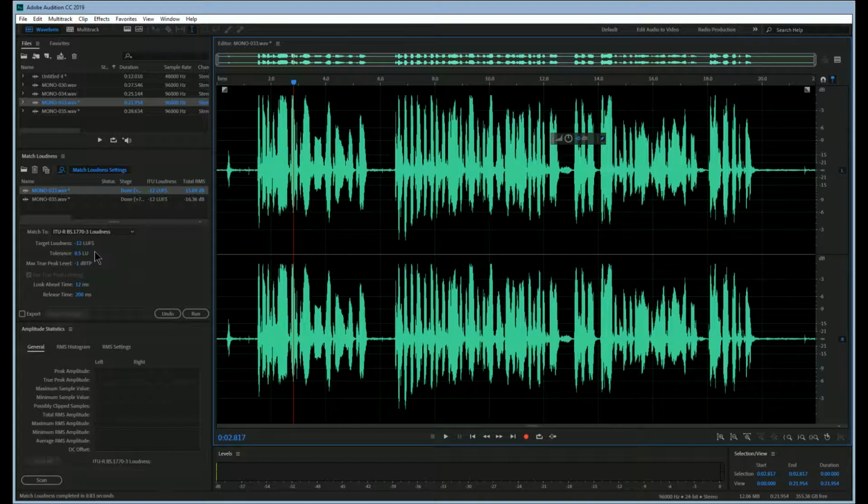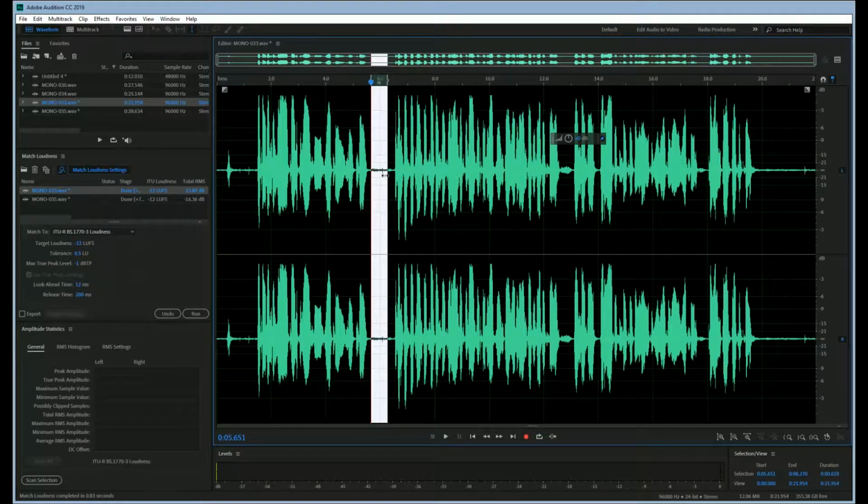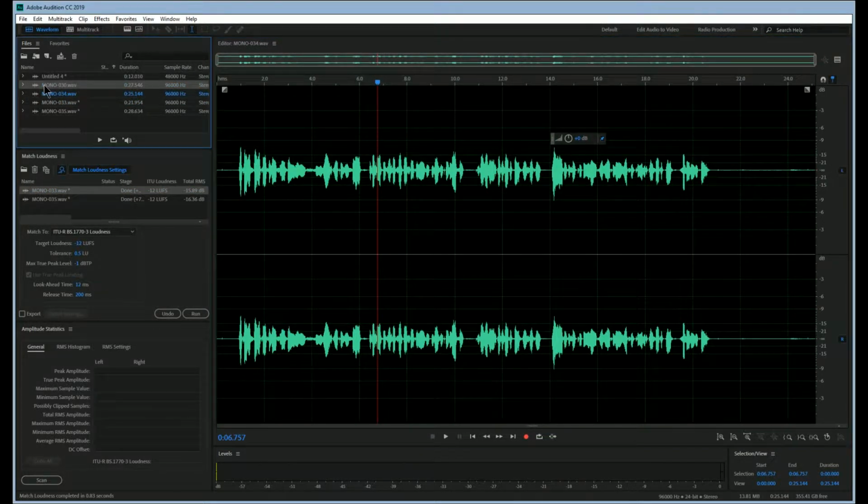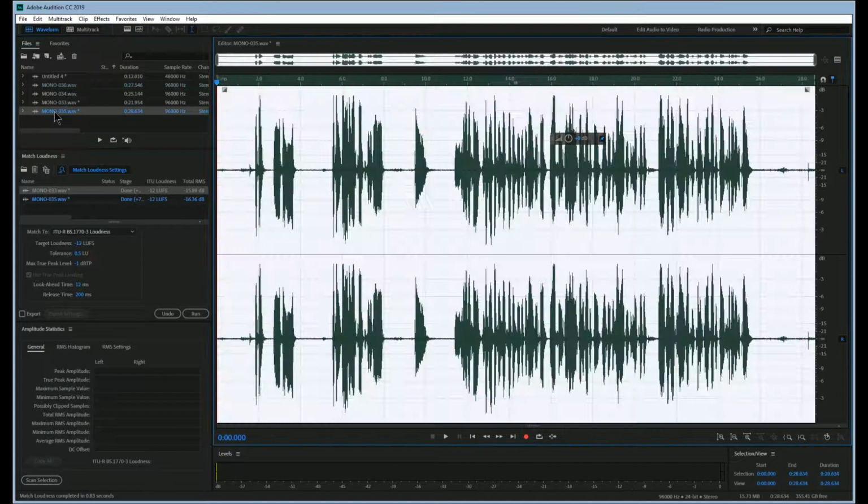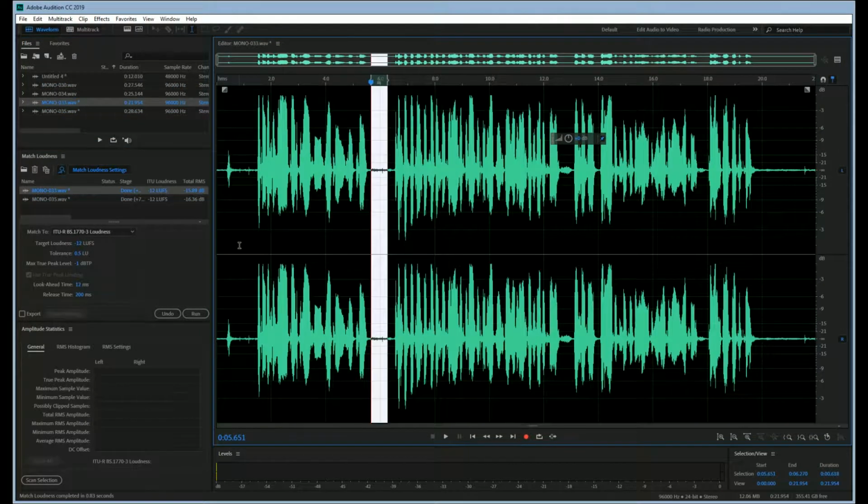So the one thing I wanted to point out in doing this is that when you have a very low level, you can see here from some of the sections in the recording that it's also putting some gain into the background noise or the quiet zone. If I take another file that's recorded, for example, let me find one here. Let's take this one.